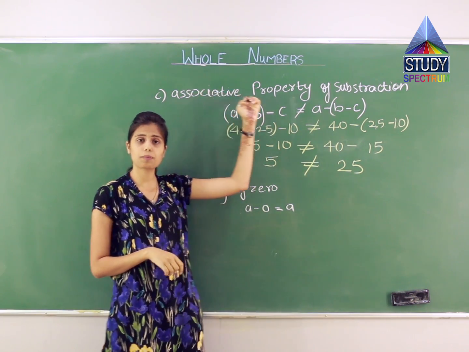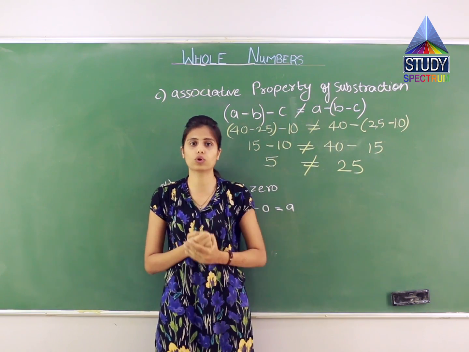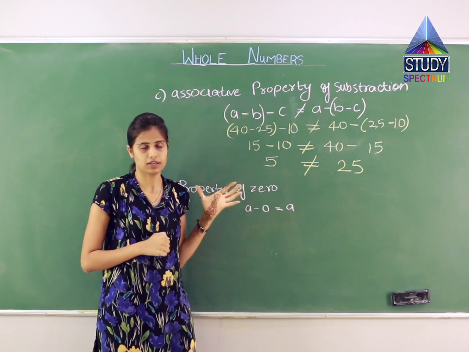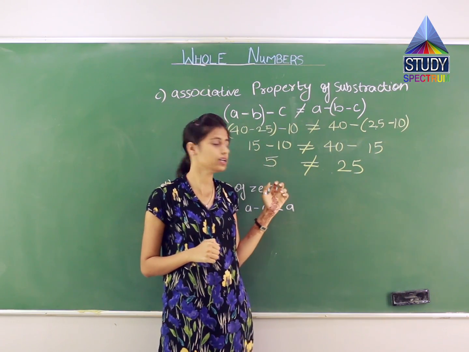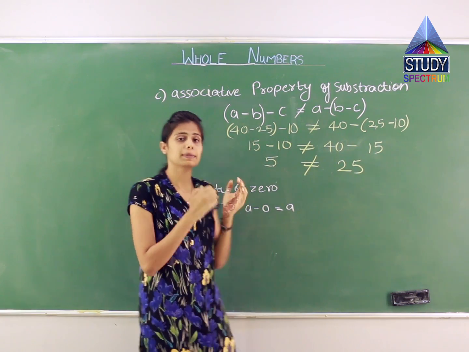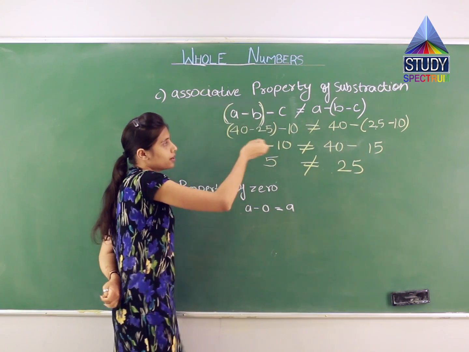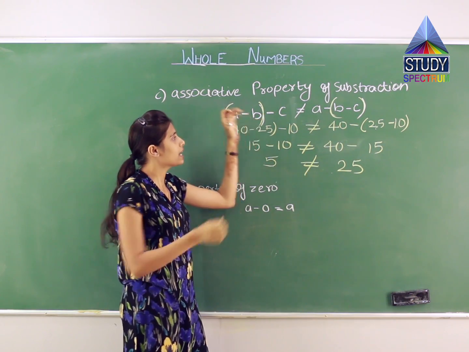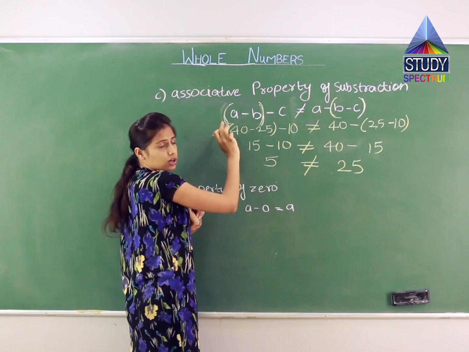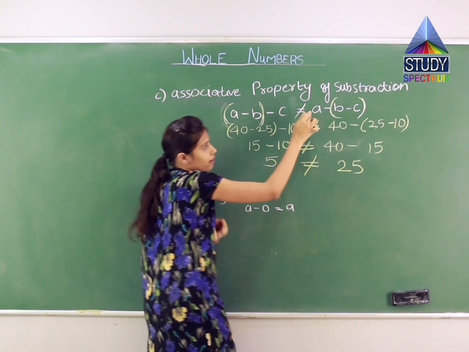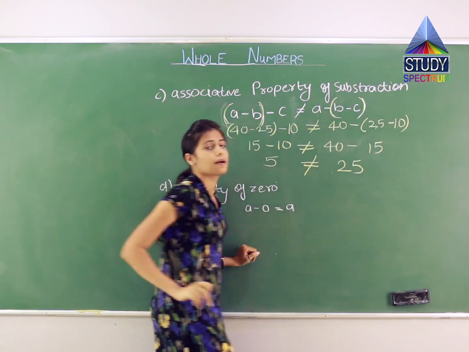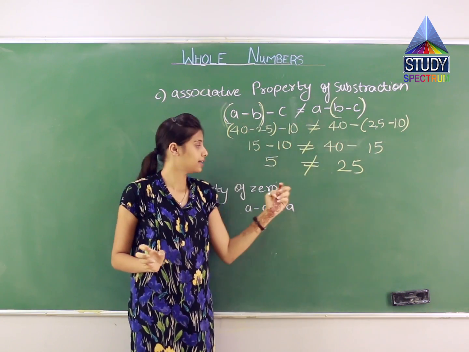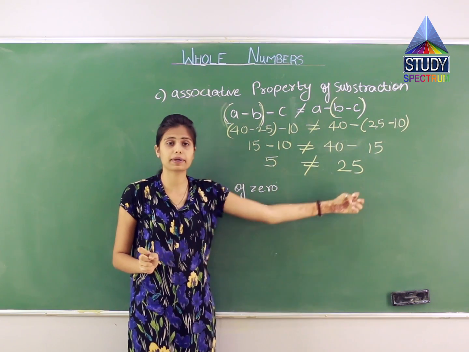Means what? The associative property of subtraction does not hold good. If both had come out the same, we could say yes, the associative property is fulfilled by subtraction. But over here it is not fulfilled by subtraction. Means what? The bracket has a value too, because see in the formula, A minus B, ignore these brackets. If I ignore the bracket, what is the question? A minus B minus C. The question is the same, just because of the brackets the answer is differing. Over here the answer is 5 but over here it is 25.